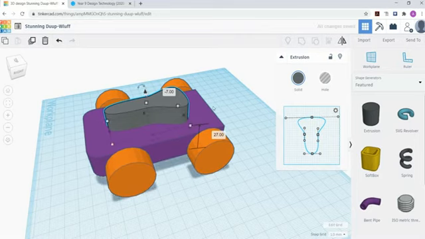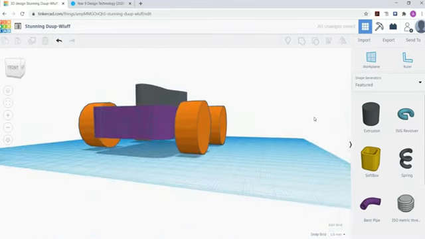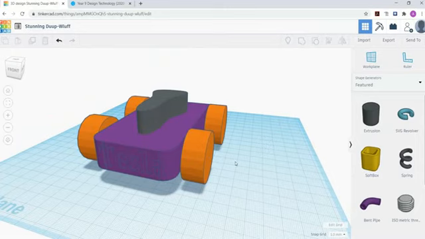Okay, so there you go, guys. You have your car with your text and a wheel. So again, that is actually